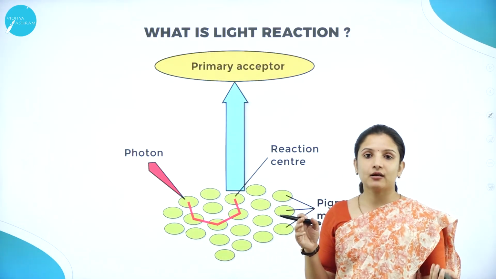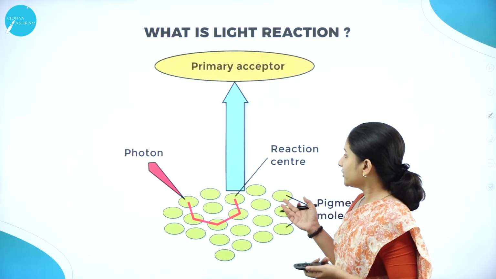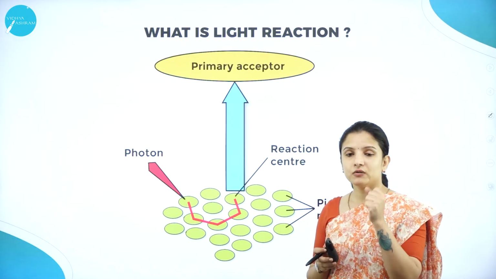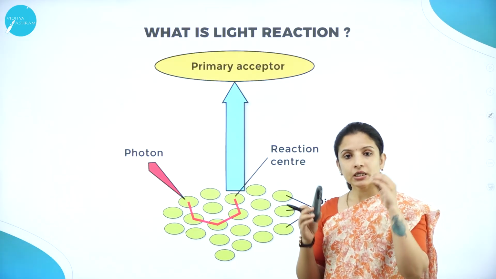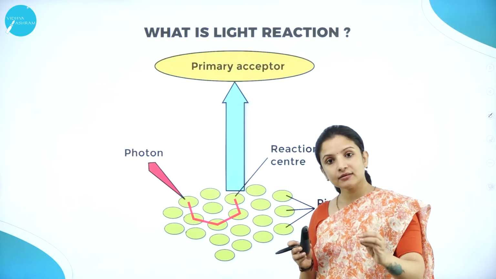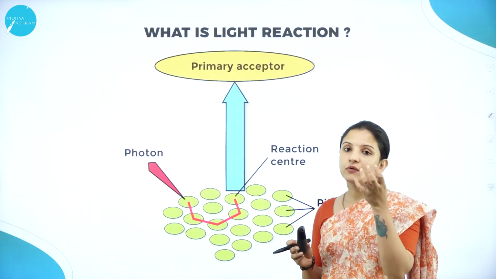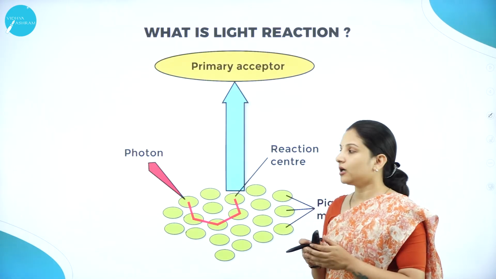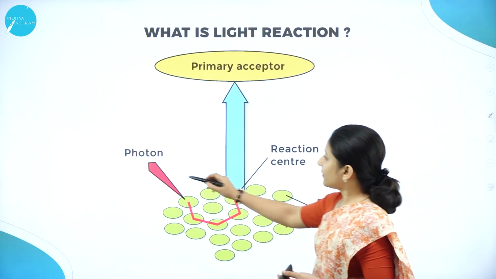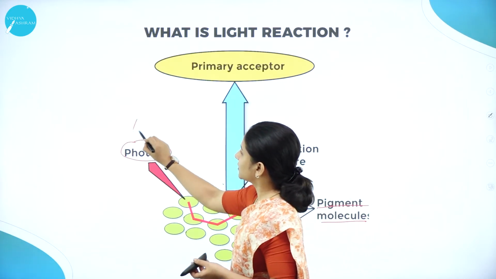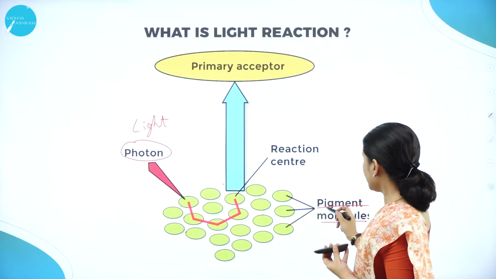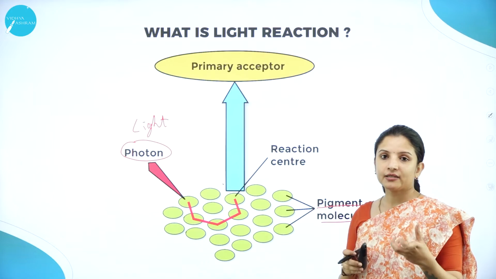It is nothing but the thylakoid of the chloroplast, right? So here, in the grana, when light falls on the green plants, in the mesophyll cells of the leaves wherein chloroplast is present, the grana will trap the light, because in the grana there are pigment molecules present. So it will trap the photon. So what is a photon? It is nothing but the light particles. It will trap the light, and these pigment molecules will get stimulated.